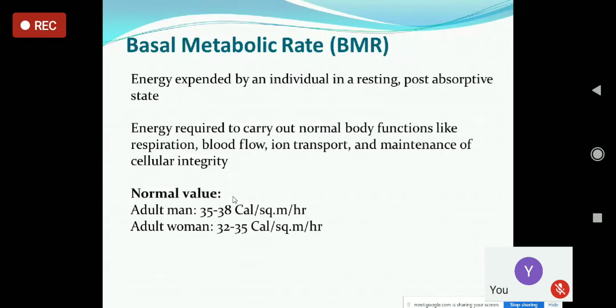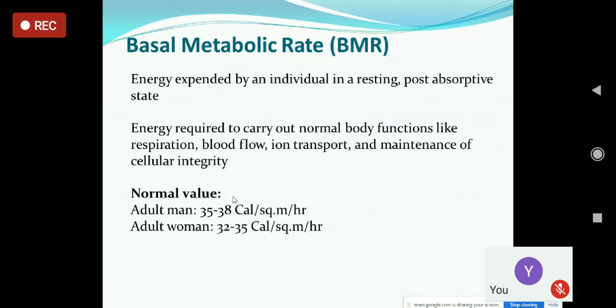Now, what is basal metabolic rate? It is the energy expended by an individual in a resting post absorptive state. BMR is how many calories your body utilizes to maintain the vital functions. So you're just lying in the bed all day. You are doing nothing, eating nothing. You're just lying there. Even then, your body consumes some calories. So the calories that are consumed by your body in a resting state, in post absorptive state, is what is